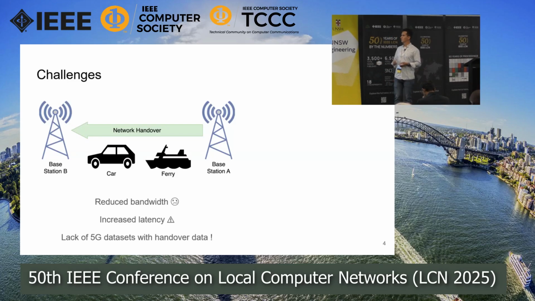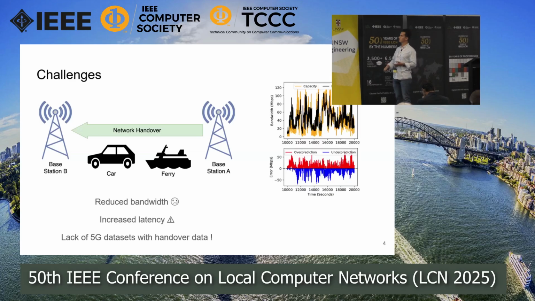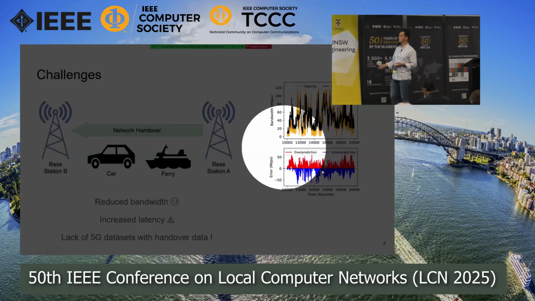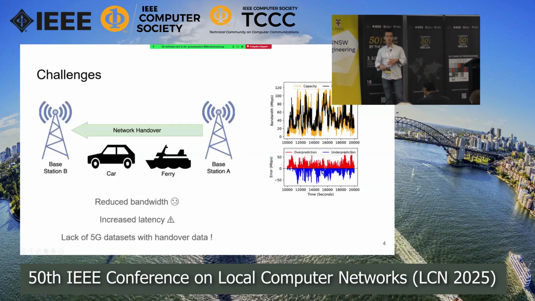On the right side, assuming that we have a prediction model, we make some predictions. And of course, our prediction model usually makes an error. When we look at the error itself on the bottom right side, we see that our model is making predictions sometimes in the over-prediction region, which means you're basically sending more traffic than you can actually achieve. And sometimes it's just doing under-prediction, which is less than ideal, but there is not significant damage done. You're just not utilizing the network fully.